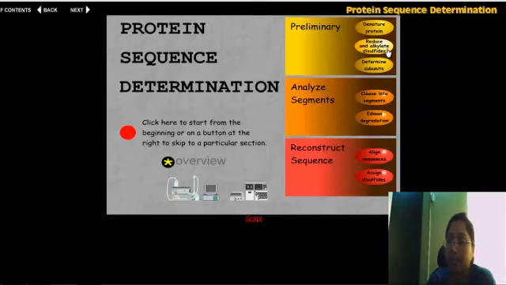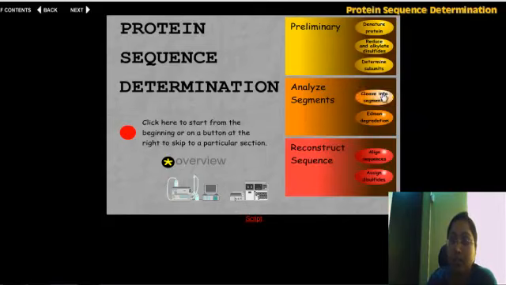Okay, now by reduction you can break that disulfide bond, and by alkylation you cover that SH group on cysteine. So now this cysteine is not available for making a disulfide bond once again. After that, we try to determine the subunits present in the protein. For example, if we have isolated, say, hemoglobin, we don't know how many subunits are there. So we need to find out how many different polypeptide chains are present in that protein, because each polypeptide will make up one subunit. So we have to determine that before proceeding towards the actual sequence determination.